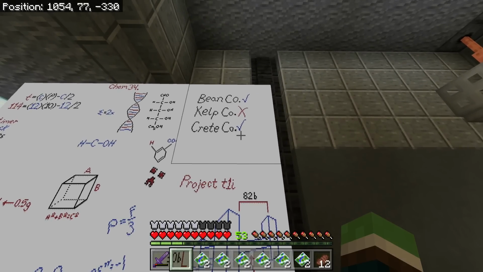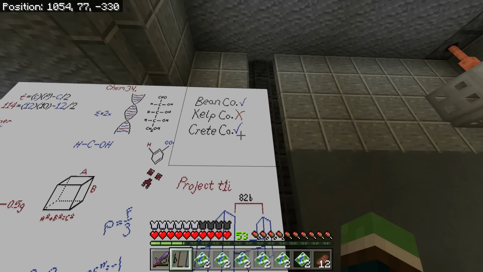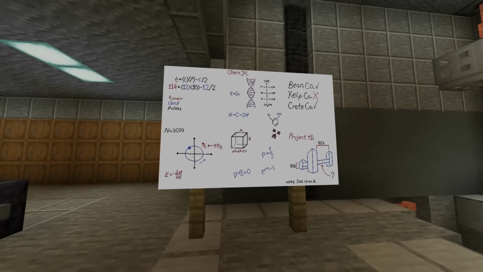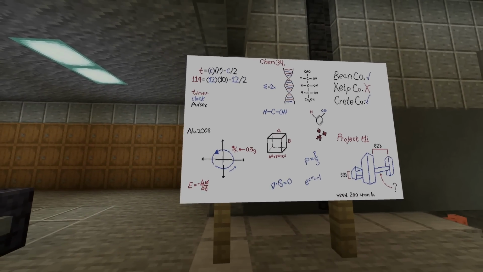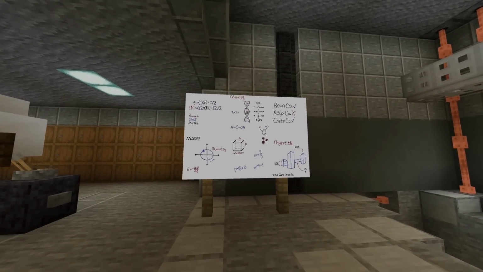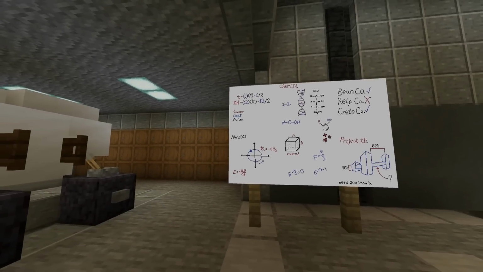I kind of changed up this one a little bit more. I changed those check marks to blue and then put like a red X. Maybe Kelpco didn't meet its requirements this week or something along those lines, but yeah, I think this is pretty darn cool. I almost just want to leave this one here, but the chemistry one, I don't need that one